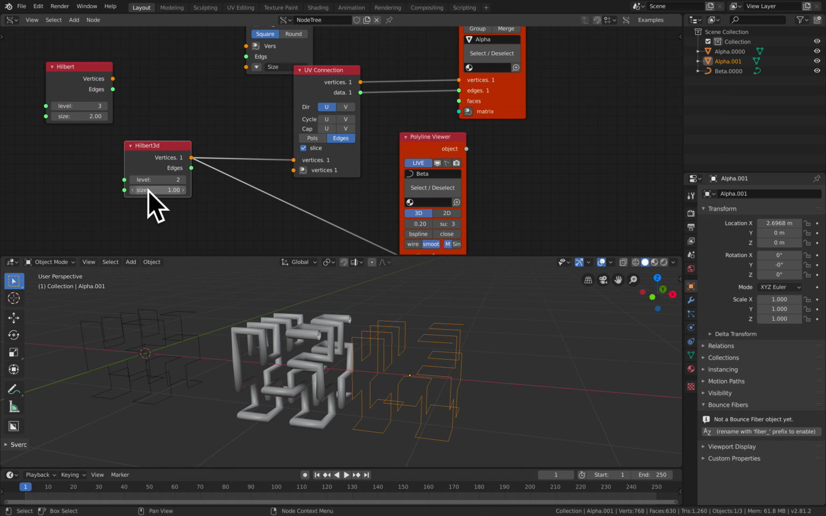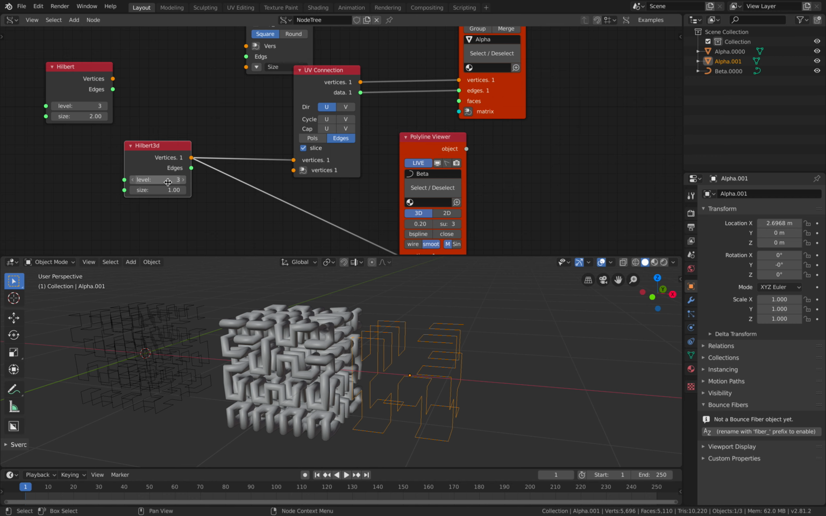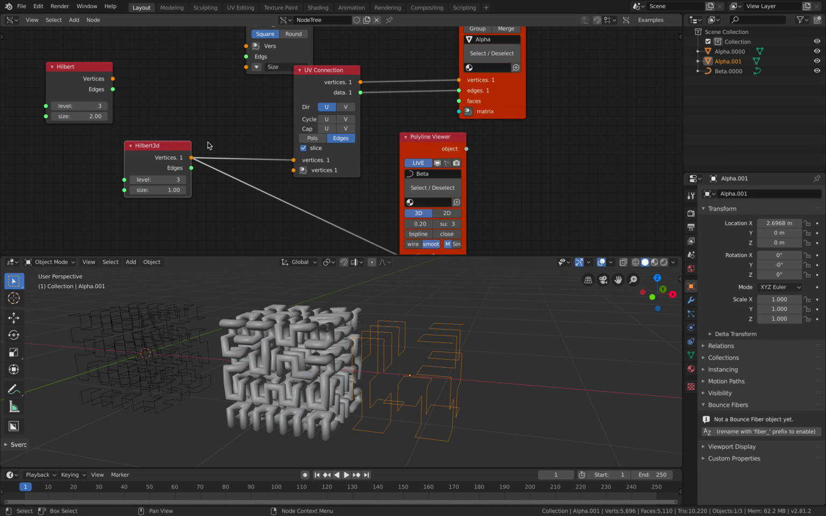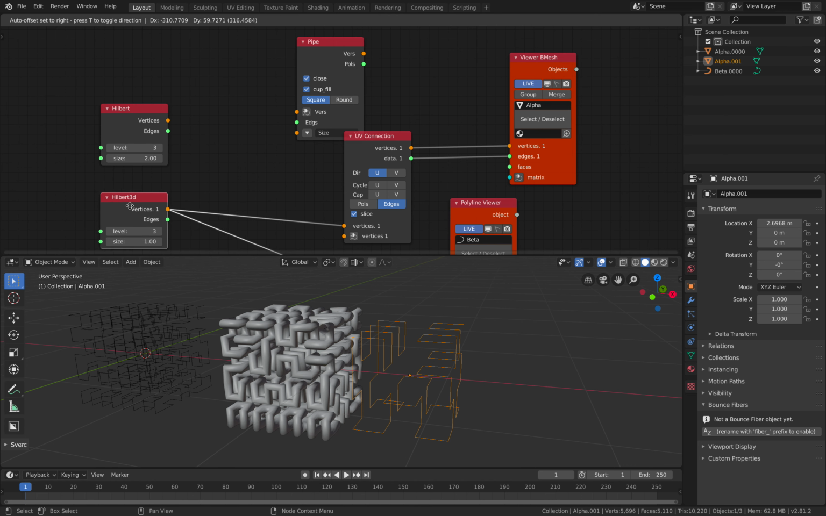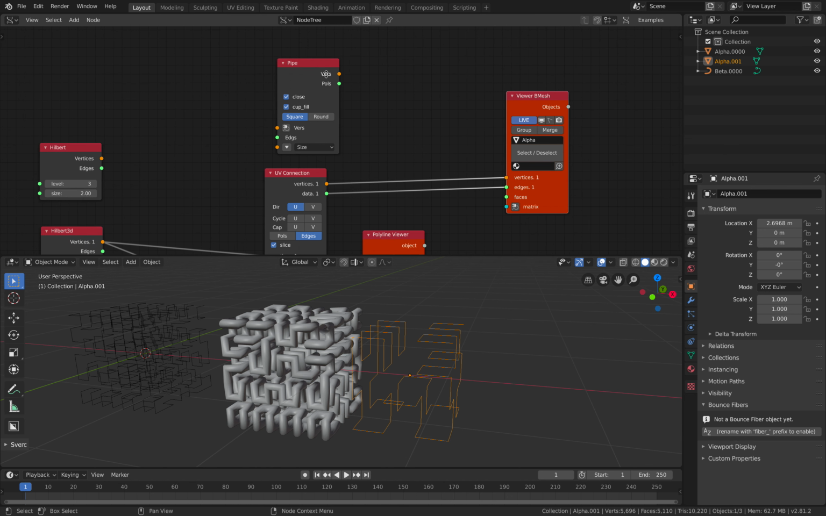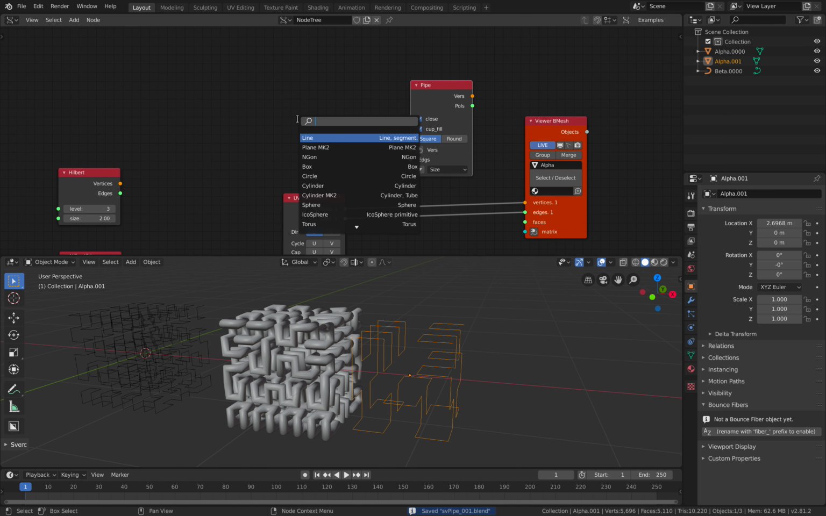Probably there's something, maybe there's a mistake there. Okay, so that's a pretty good start. So you can have 2D or 3D. But what is this pipe for? Let's see. So pipe, if you are actually using something like a circle,